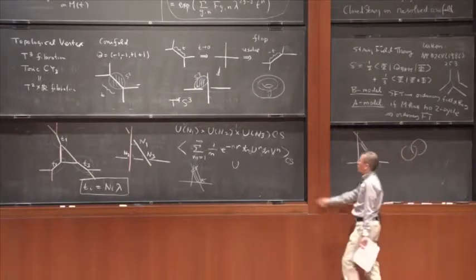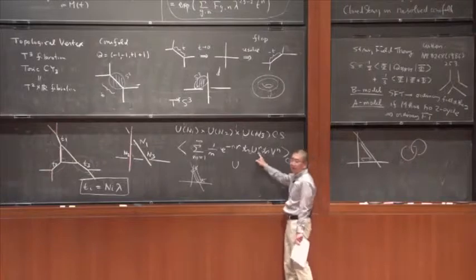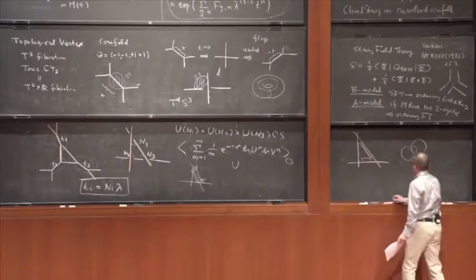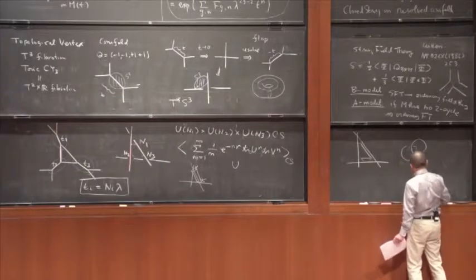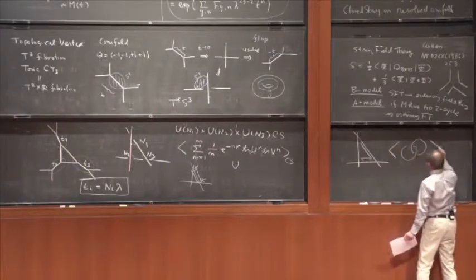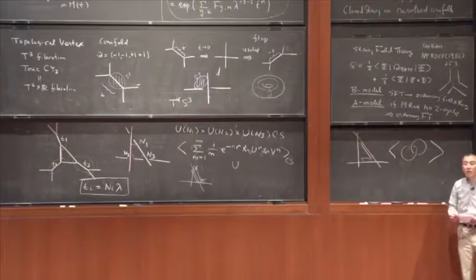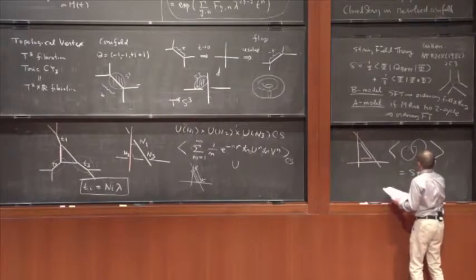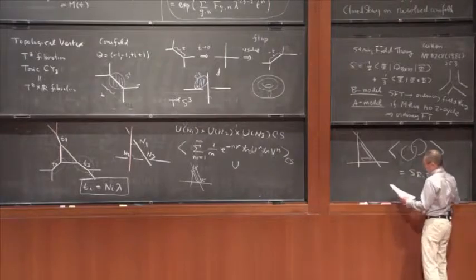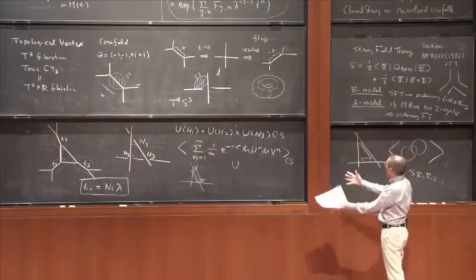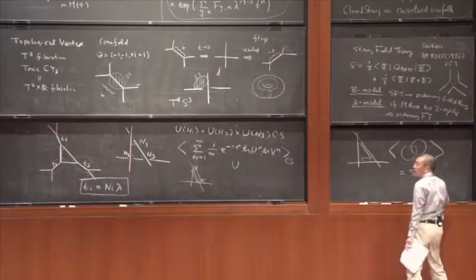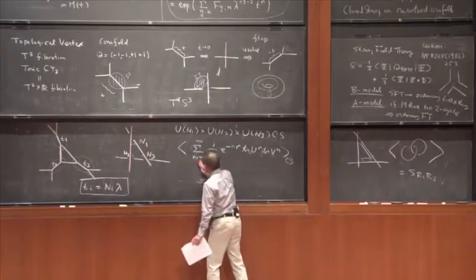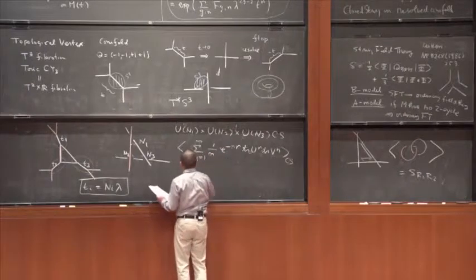So therefore, from the point of view of this Chern-Simons theory, these two are linked. And so in the end, you would be computing the Chern-Simons partition function with this kind of linked open string, which you can compute. And therefore, in the end, everything can be expressed in terms of link invariants, namely that original topological string partition function